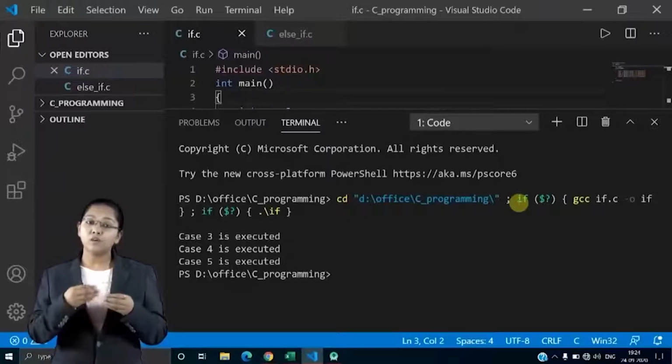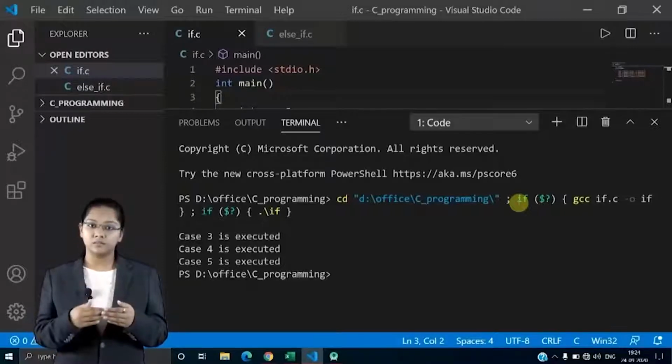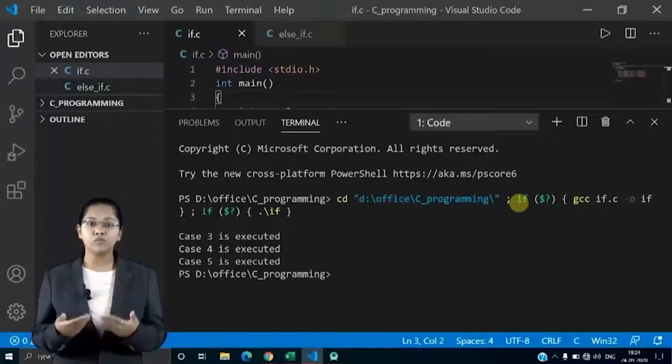But the loophole is that with that 3, it is also executing the 4th and 5th case. Which is definitely not proper, because if the expression answer is 3, I only want 3, I don't want 4 and 5, and that's how you can control the loop.